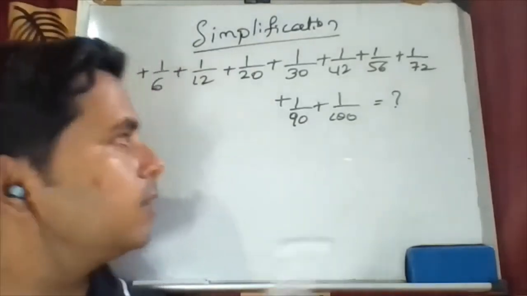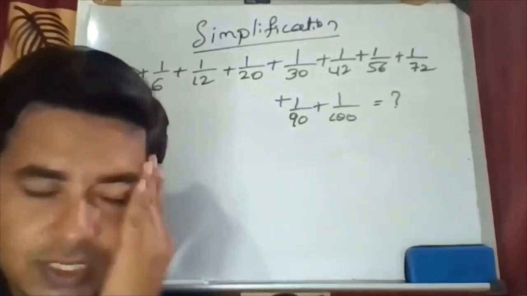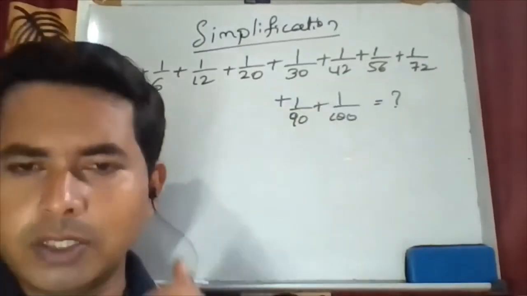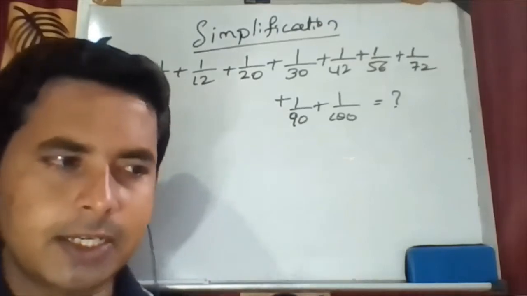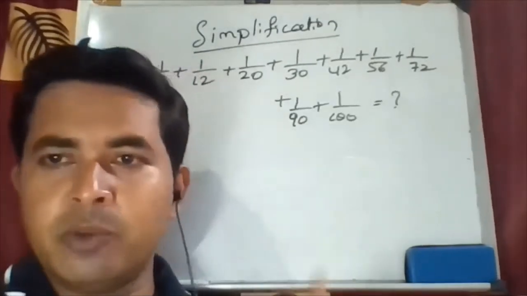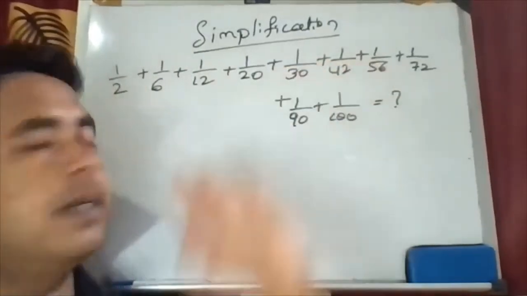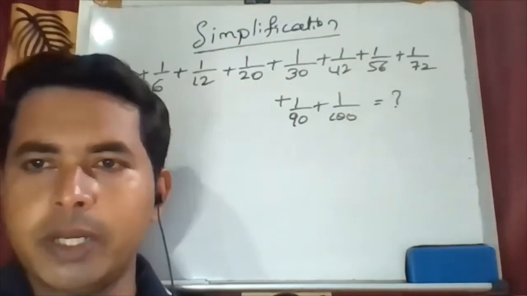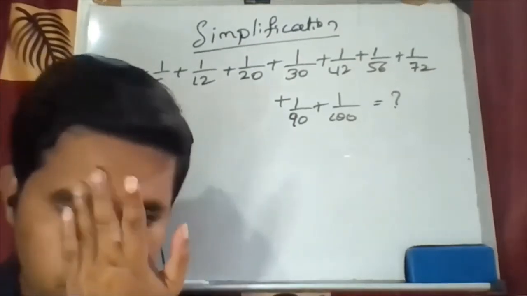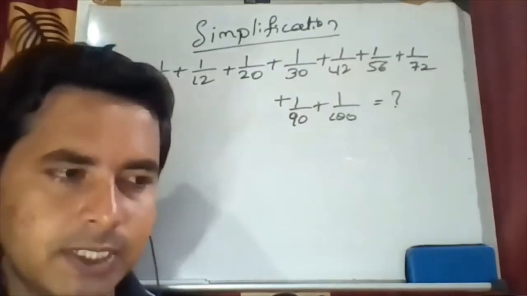Okay. So what is the question? You have to add these all. Okay. In this question, no need to add all the things at a time. Just check the first thing. What is the numerator? The upper part should be a 1. Numerator should be 1. So here numerator is 1. And what is the next?